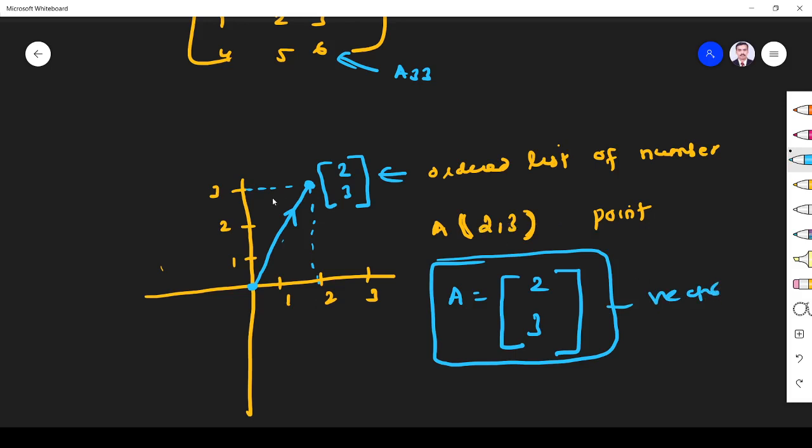Now you see everything came into the picture. The length is the magnitude, and the direction is in this direction. So it's a vector. Instead of working with this line, we are going to work with the ordered list in this subject. First we must understand this. I hope you understand the basics.